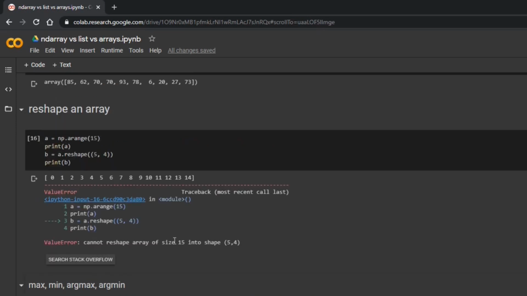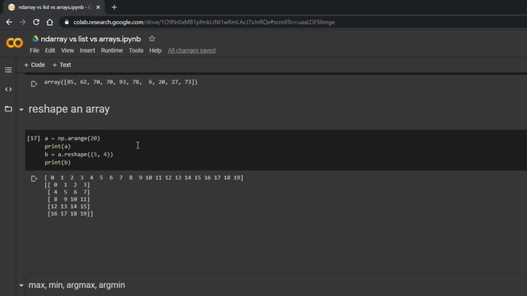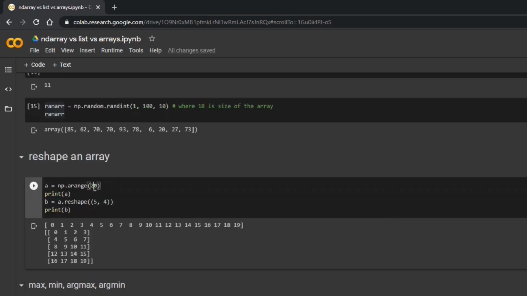Okay, there is some error. Yes, I know that. I will tell you why it happened. So let's say I am generating np.arange(20).